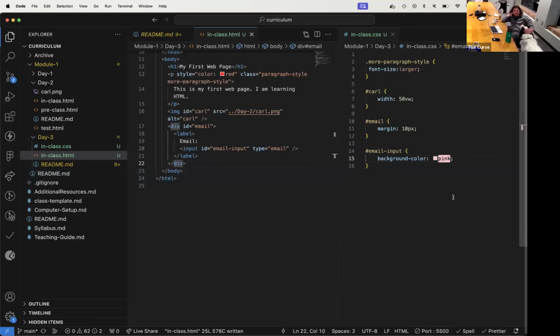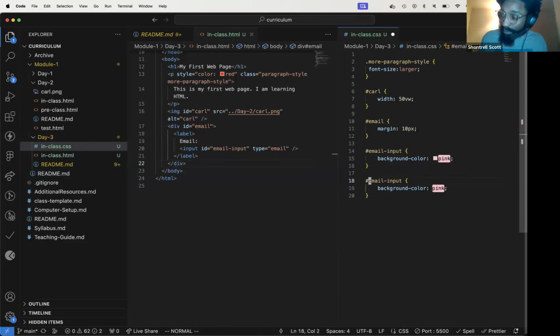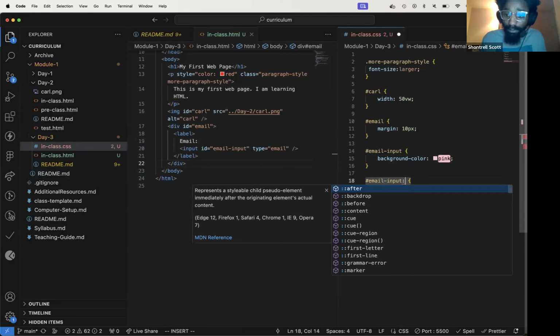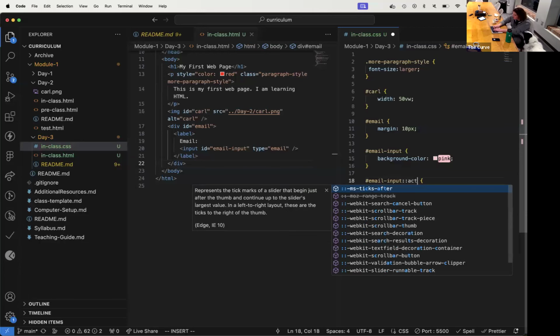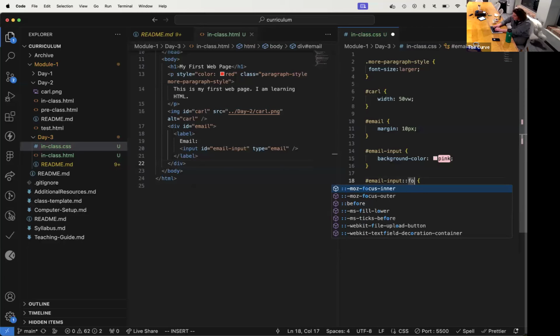So I want the background color to not be pink when I've clicked into it, but to be black. Like in CSS, maybe it's email input :focus, click. Is it email input :active? It's : and then there's, I thought it was focus, but